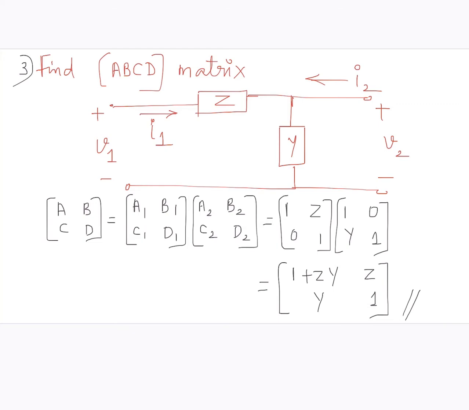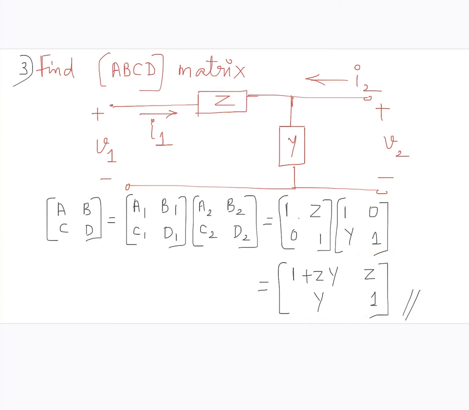So combining both the elements, that is the series element and the shunt element, ABCD has the property that the final matrix will be the product of both the matrices. The shunt element matrix and the series element matrix have already been found out. So if you take the product of the two matrices, that will give the final ABCD matrix of the total series and shunt element. The same expression solved before is considered here. The product of these two will give you this expression.